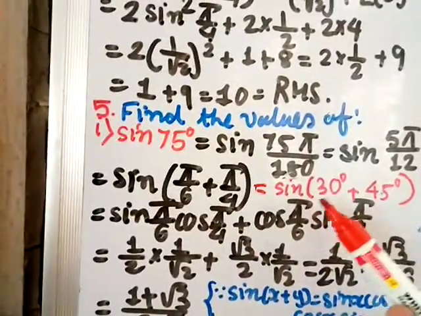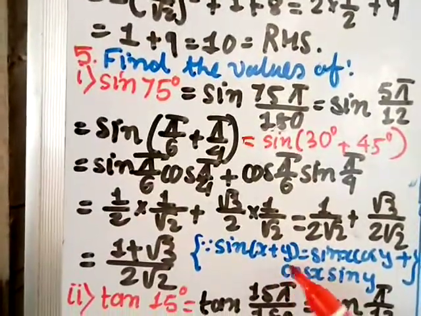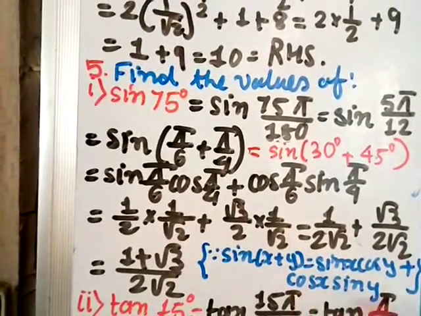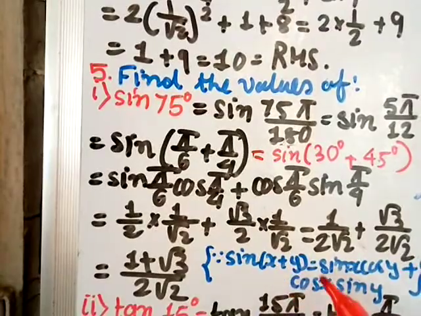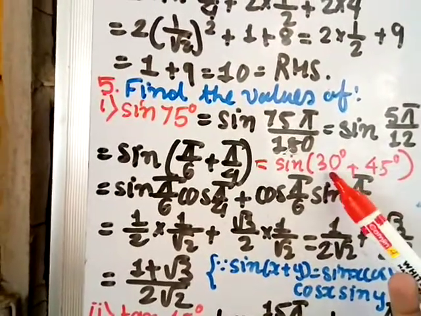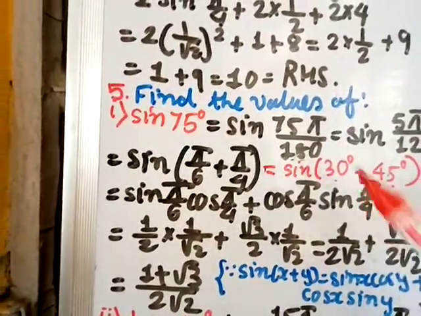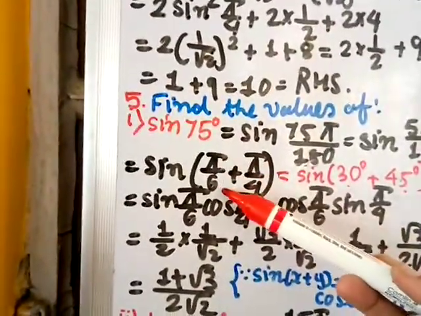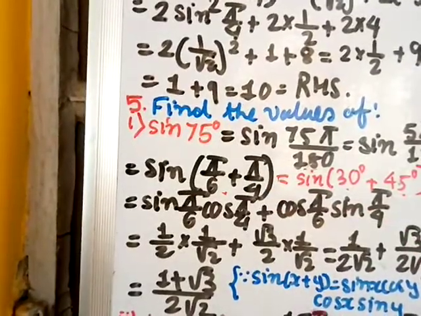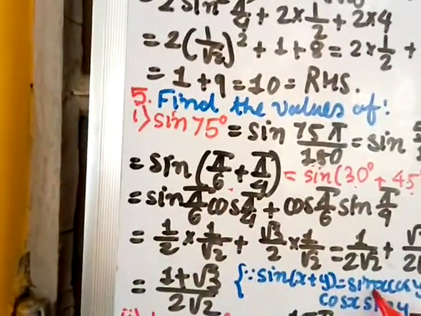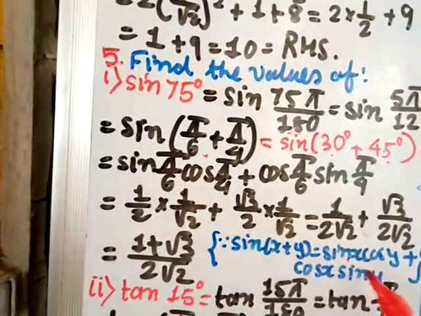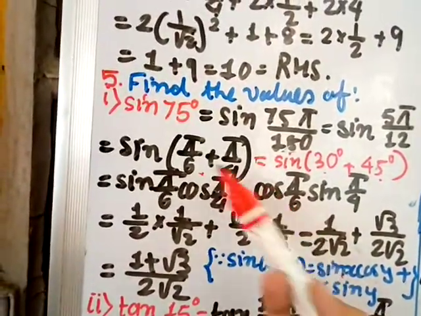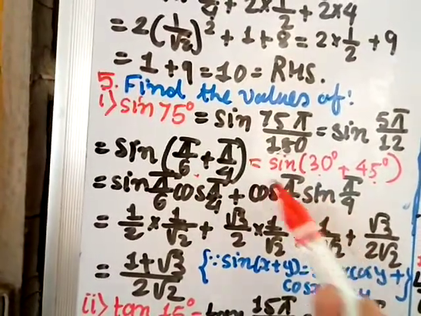Then you can just use sin x plus y formula. What is sin x plus y formula? It is sin x cos y plus cos x sin y. This I have given in the last class. Okay, the identity for sin x plus y. So here x plus y, instead of x it is 30 and y 45. Okay, I'll do with this because I want to show you with the radian only. So pi by 6 you take as x and pi by 4 you take as y. So sin x, okay, sin x. So sin x means sin pi by 6 into cos y. So cos pi by 4 plus cos x. So cos pi by 6 into sin y. So sin pi by 4.